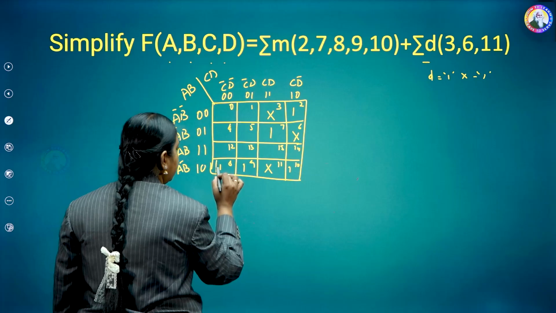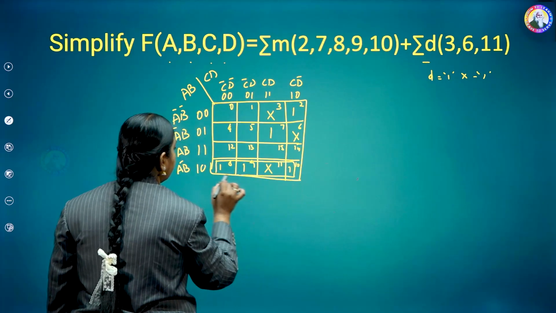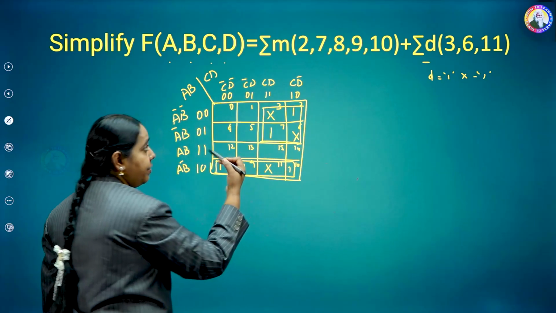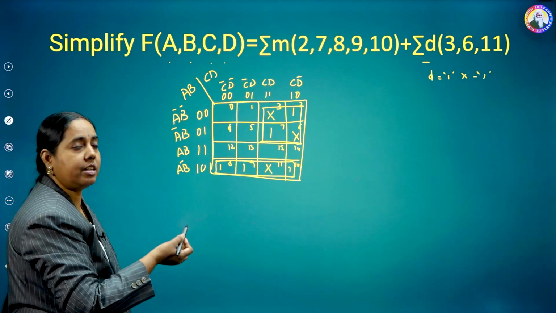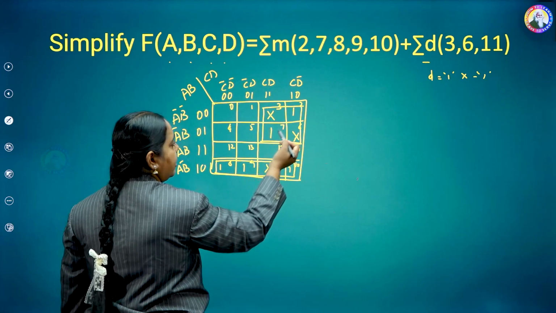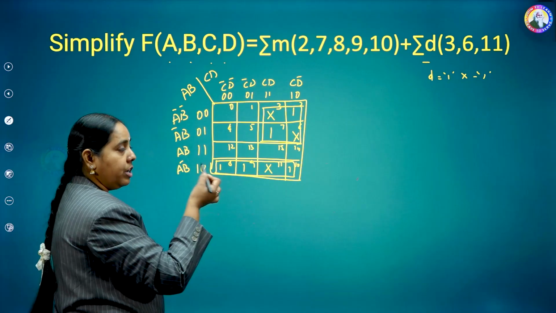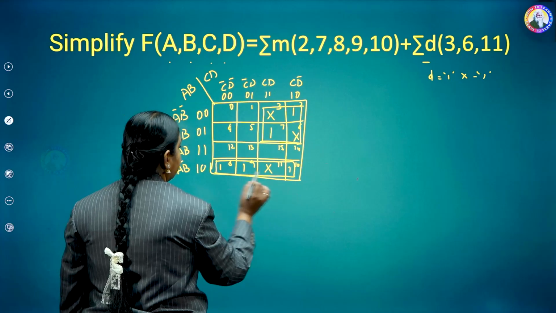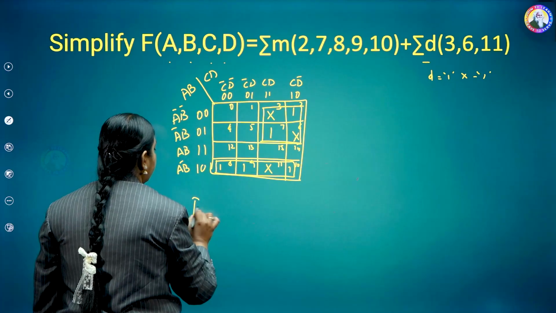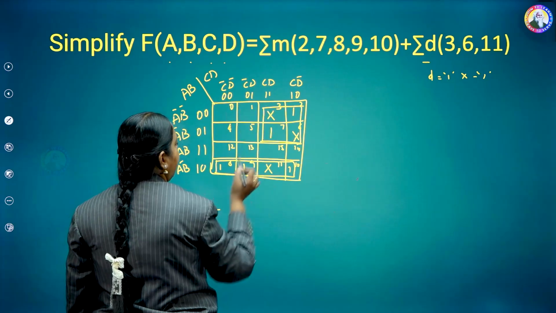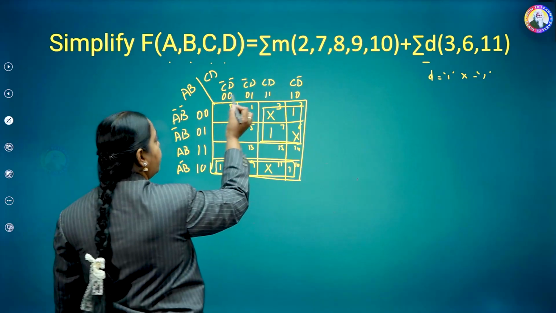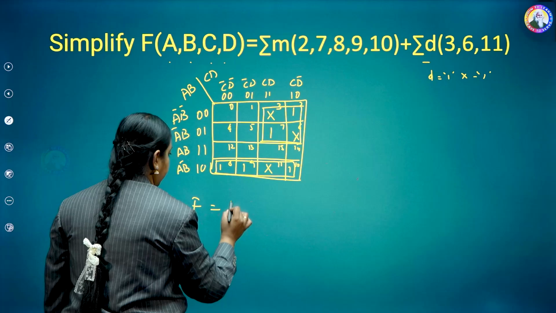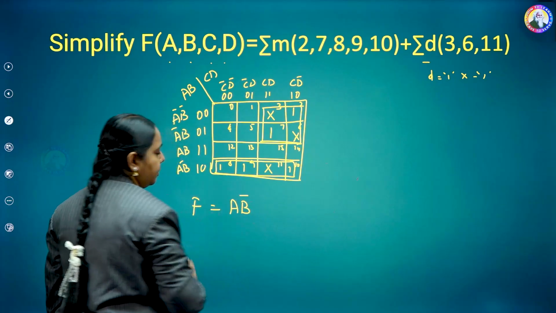Right. So I'll consider this as one group and this 4 as one group. Suppose the value of don't care is 0, I should not consider it in grouping like this, right? As the value is 1, I am considering it for grouping. Now, this is the horizontal grouping, right? For the horizontal grouping, as I am taking all the 4 terms, all the terms will get cancelled. The leftover term is A B bar.